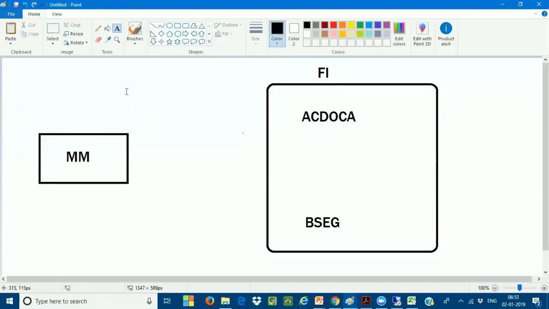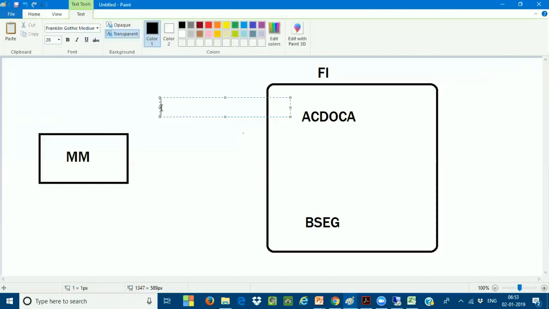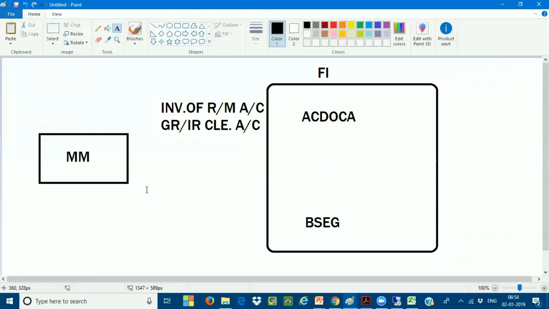The accounting document, for example, is an inventory document that is getting posted. The inventory of raw material account is debited and the GRIR clearing account is credited.